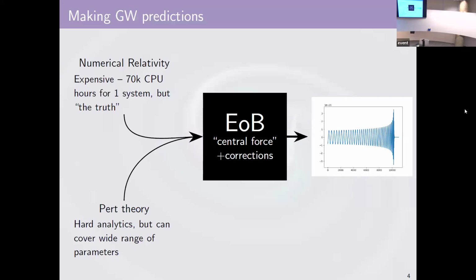But there are a bunch of parameters in there that you have to fix either via numerical relativity, which is a very painfully computationally expensive process, or using perturbation theory. The nice thing about the EOB from the perturbation theory point of view is it actually does a little bit of resummation of various terms, but in some very difficult to understand and difficult to track way. But there are other phenomenological ways to process the fundamental input into a waveform. So this is one of the standard ones. There are other ones as well. This is the standard at LIGO, I would say one of the two main standards.